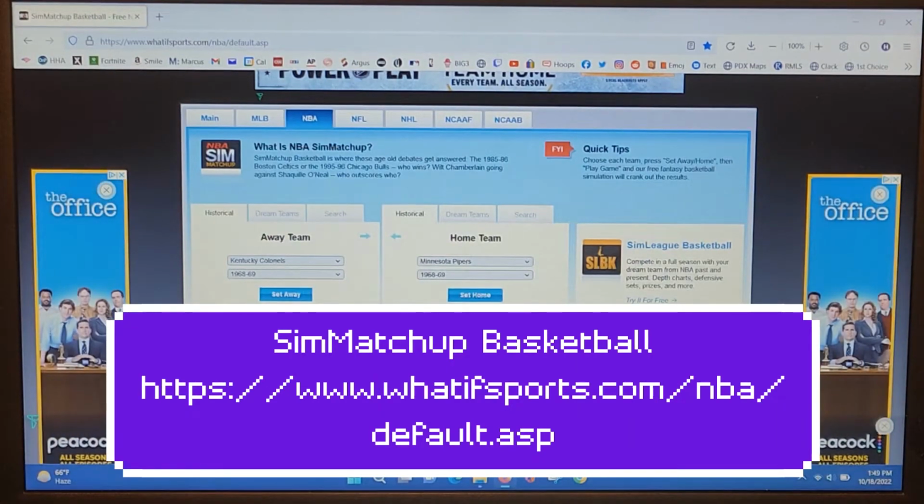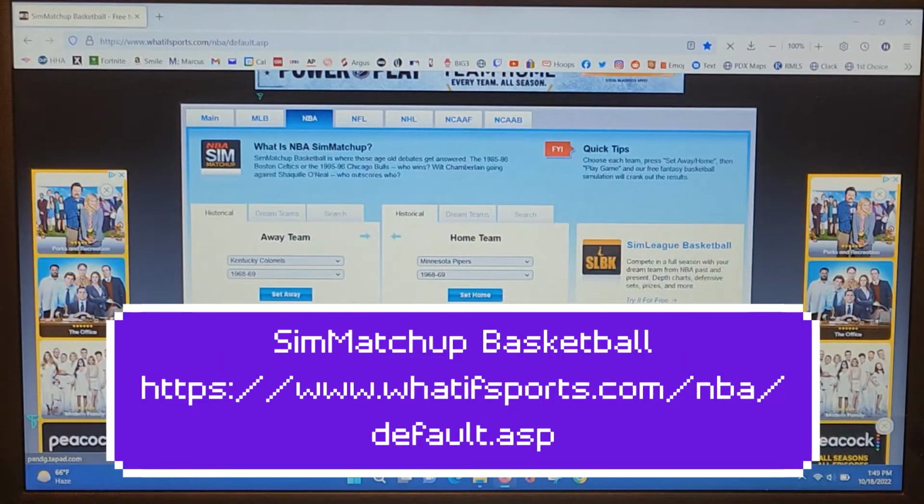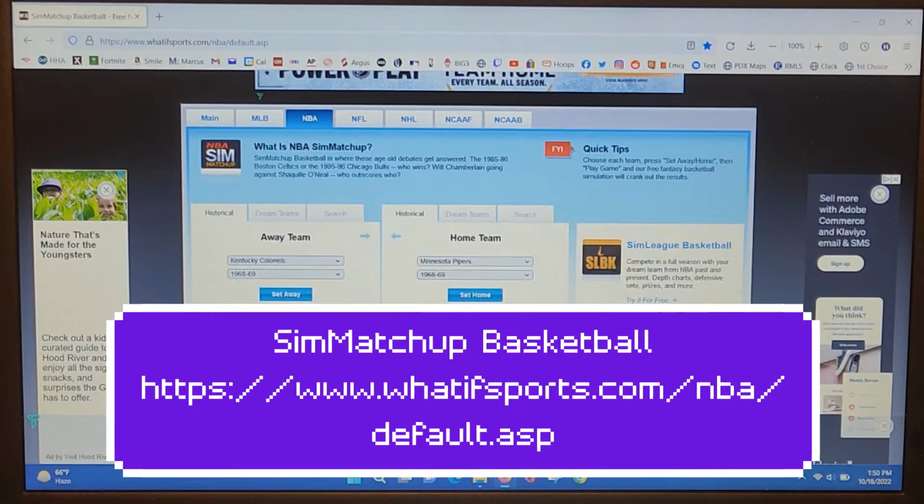I was just going to run through a couple more computer based basketball simulations. One's very simple to use, the other one's a bit more difficult, and I'll start with the easy one today. This is just a simple website. I've shown this on my Facebook group named Tabletop Basketball Board Games before, but it kind of gets lost in the shuffle. You go to a website, as you can see over here,